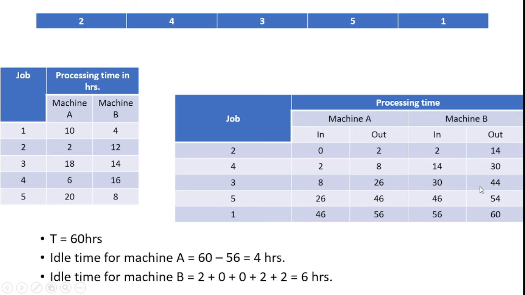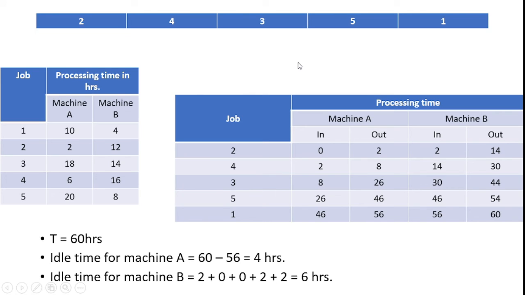So here the machine B idle time is available, which means 46 minus 44 is equal to 2 hours is available. Up to 2 hours machine B is waiting for job 5. So here 2 hours of idle time is available. After 2 hours idle time only I can load the job 5 in machine B. The machine B with the job 5, the processing time is 8, so I can add 46 plus 8, I can get 54. Likewise, I can complete the fifth job in machine A and machine B.